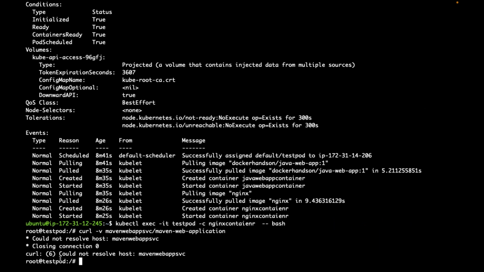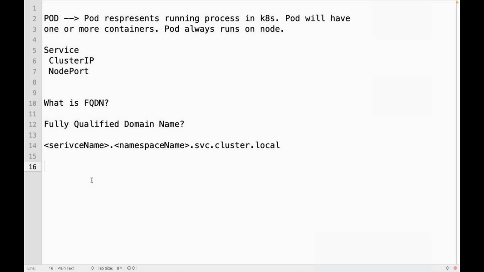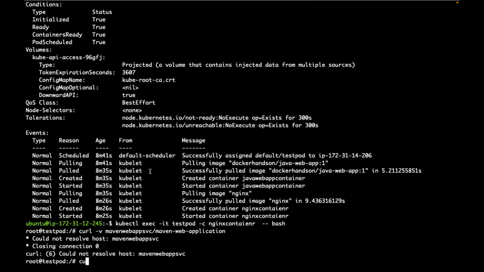Now from this pod I want to reach this service. What is the FQDN? Service name is this. In which namespace do I have this service? test-ns. Then can I use it like this: service name, namespace name, then .svc.cluster.local.